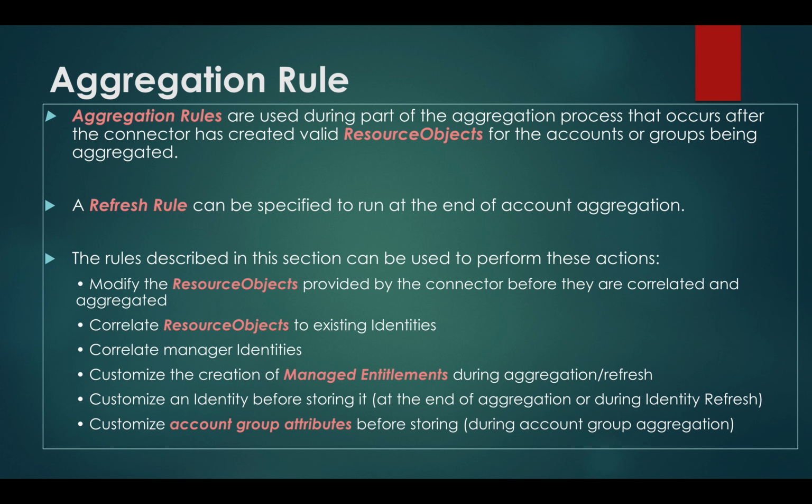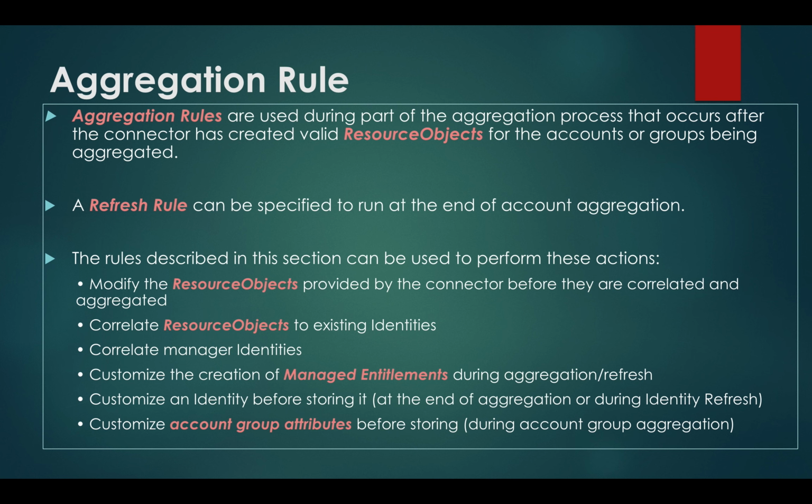The purpose of the refresh rule is to update the attributes or any changes that are made to an identity. Those changes could be source mapping of attributes, or source mapping of identity attributes, and there are different kinds of rules that are associated with the aggregation rule. But before we deep dive into that, we can simply define the purpose of the aggregation rule. First and foremost, we know that the aggregation rule has a resource object as an input, and this resource object